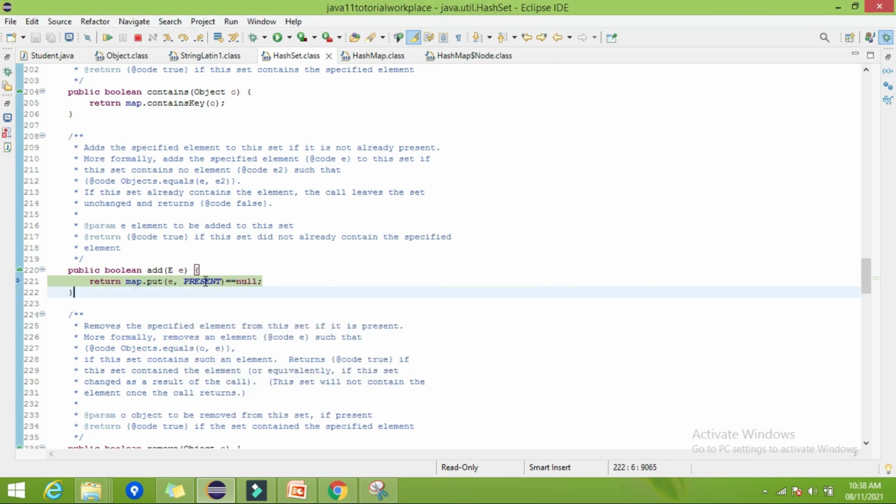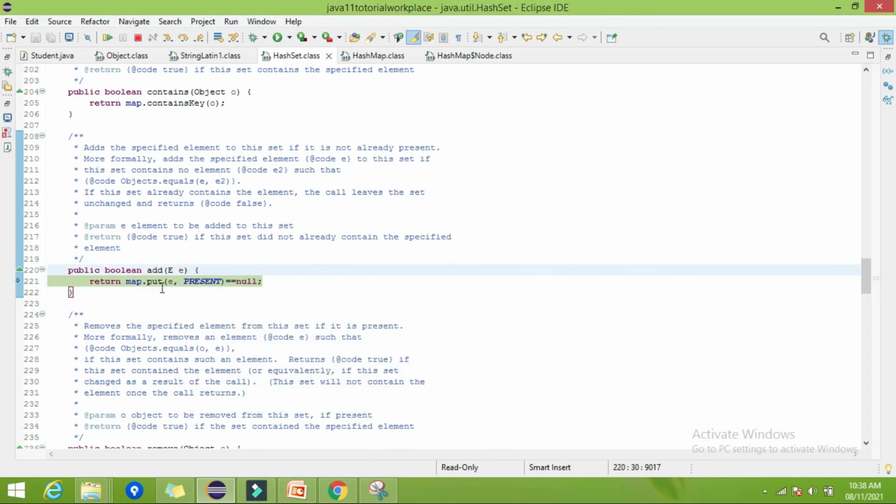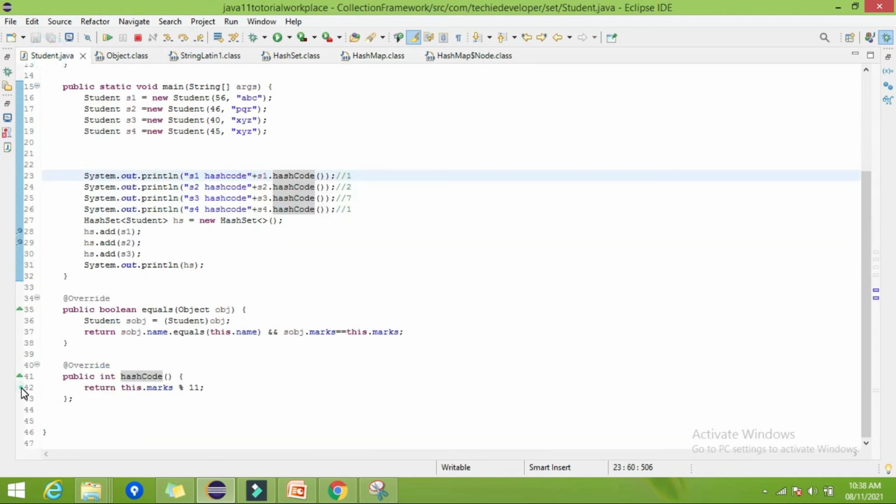Now, what is present? Present is nothing but the object, it's a static constant, right? Let's go to the put, that is the hash map put method. So here you can find it is calling hash. So let's verify whether it is calling our method or not, right? So let me give the debugger here also.